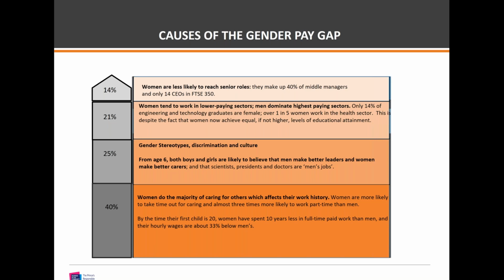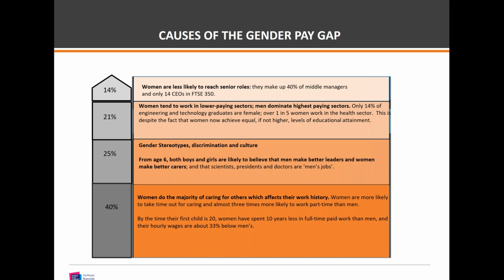By far, the largest driver of the gender pay gap is family care and responsibilities, and that's at 40%. You can see on the screen. So taking time out of work to care for your family, whether it's children earlier in your career or whether it's parents or relatives later, this has a detrimental impact on earnings. There's lots of studies out there that will show this. Really, it's due to leaving work or working part-time, which removes you from the labour market and has an impact on your career progression.